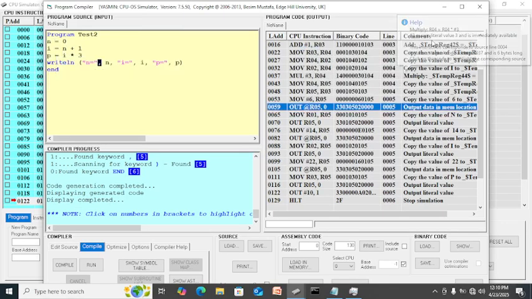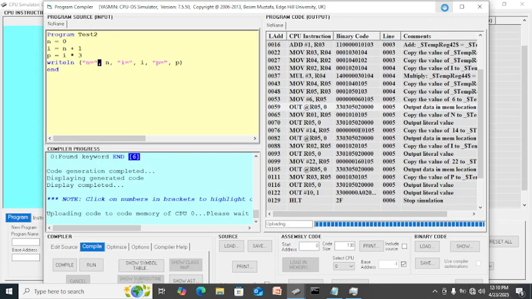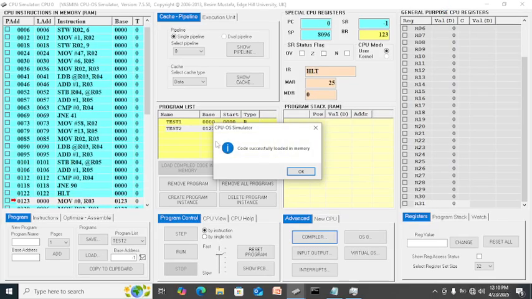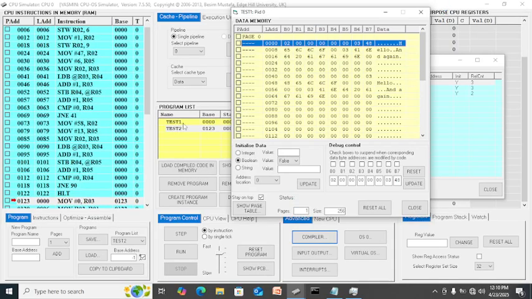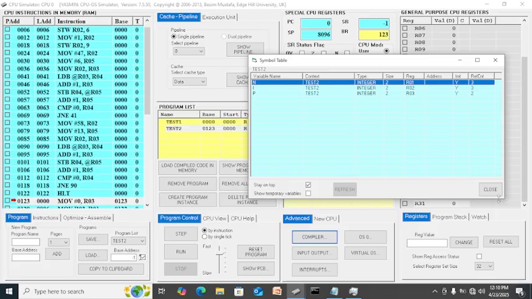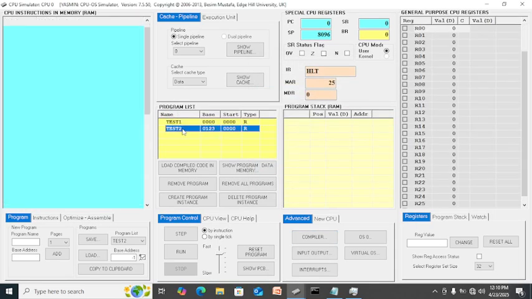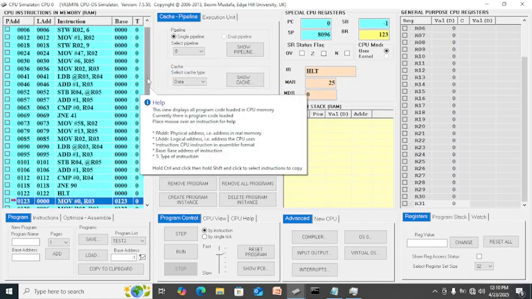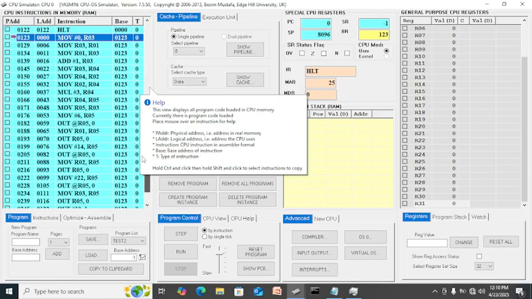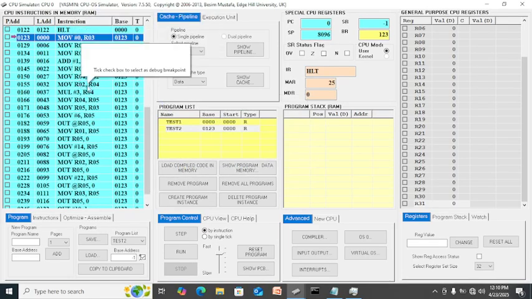So we load that into memory, and you can see we have two programs now here. We have the first program, the one we ran. You can close this. We have the test 1. The test 2 now starts from here: move register, add 1 to R03, then out, multiply, then out.